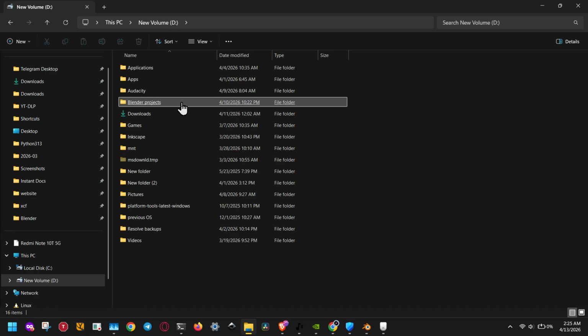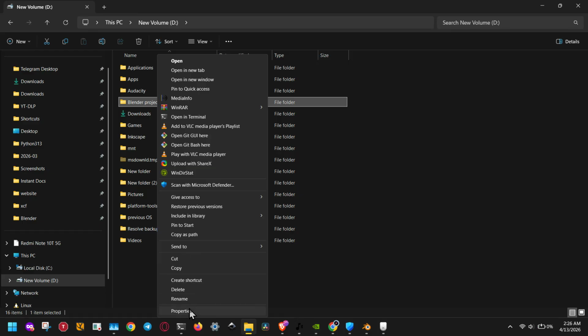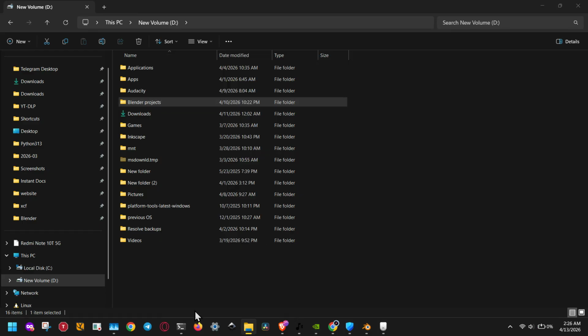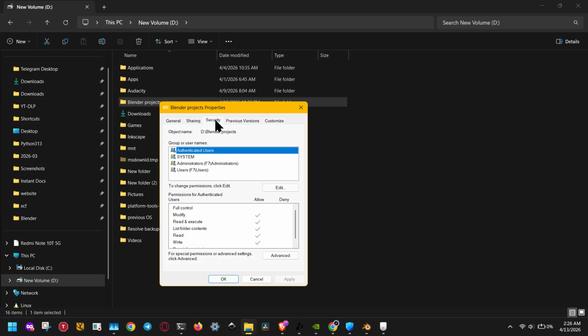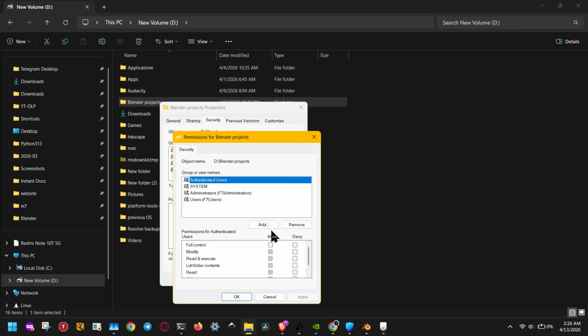If the error still continues, you should check the folder permissions manually. Right-click the folder you are trying to save into, click Properties, then open the Security tab. Here, look for your user account and make sure it has write access, modify access, or full control depending on your system. If your account does not have permission, Blender will not be able to save there. In that case, you may need to choose a different folder or update the folder permissions if you are allowed